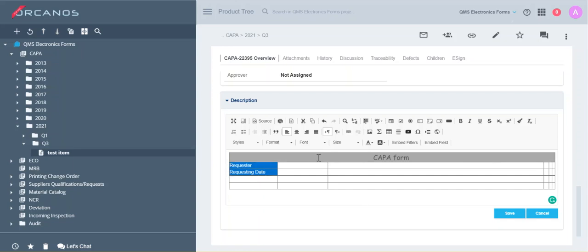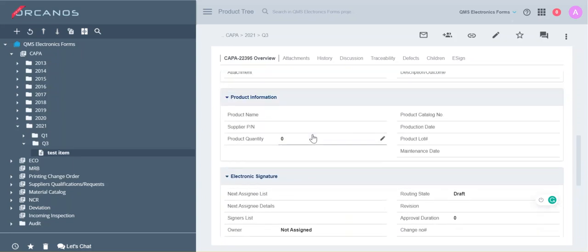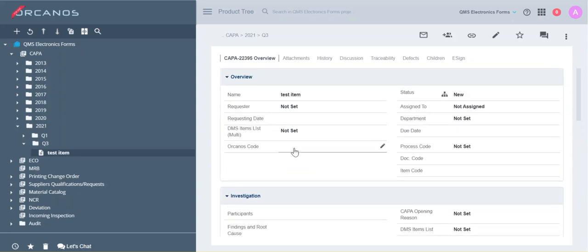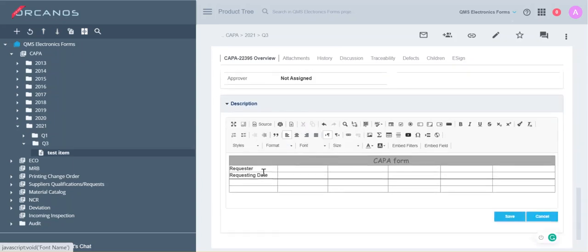Always recommend the name of the field to be in bold or underscored so that when the information is filled, it is easy to see the difference between the two. Keep playing around with your fields and subtitles until the form layout looks the way you want it to be before you start embedding any of the filters and the fields. So we've got requester, requesting date, DMS item list, Orcanos code,